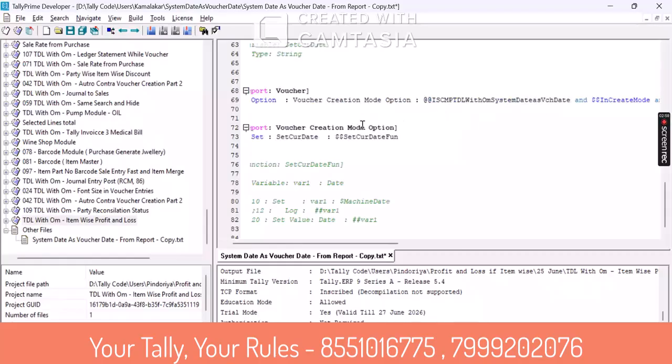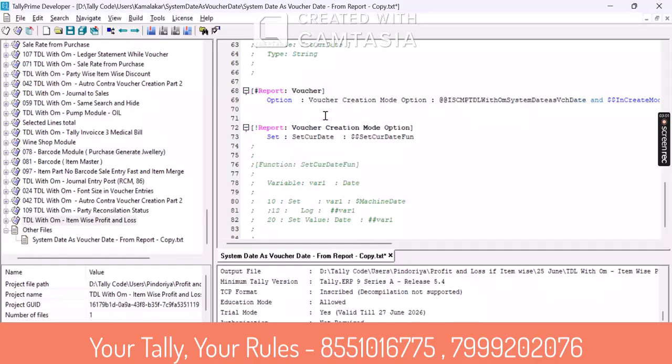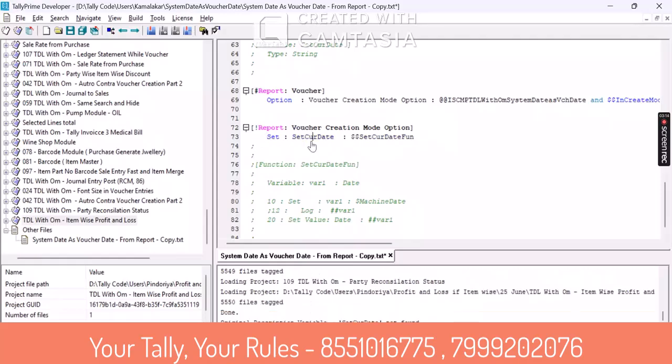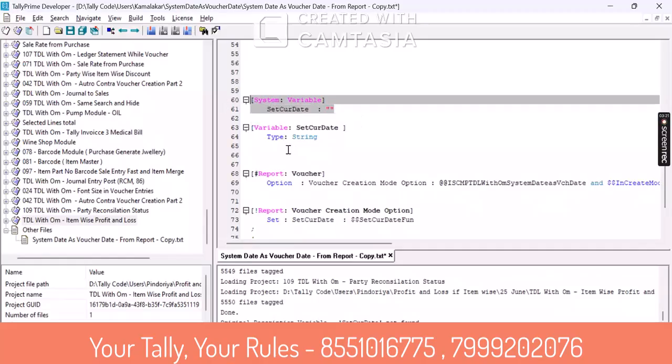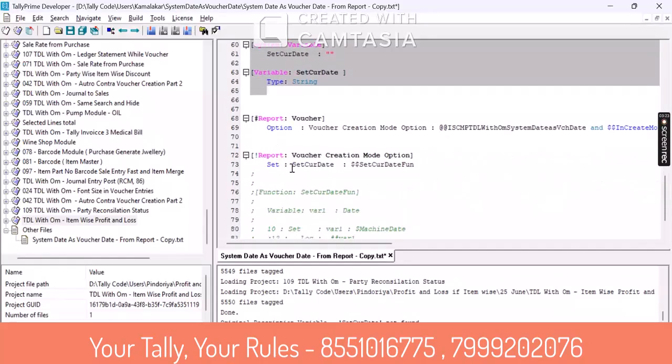So I just want to apply the condition in the sales only in this report and set the value in a variable. Before we set it, we have to specify this variable. So here I used the system variable and the definition of that variable. In the variable, I'm calling a function, and whatever output I receive from this function, all the value will be stored in this variable. So the function,